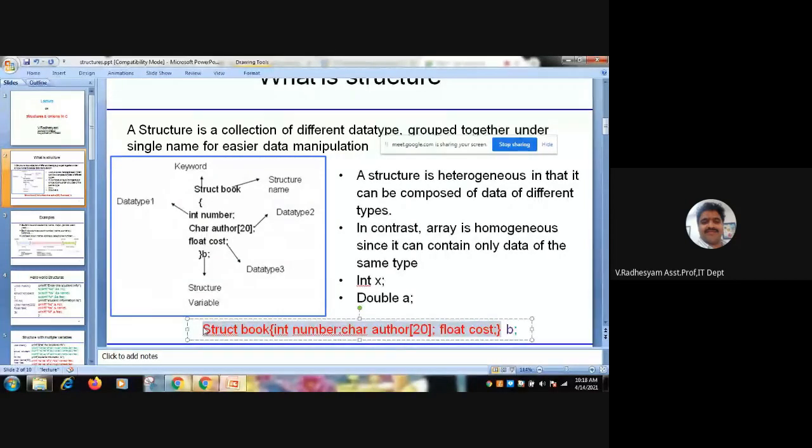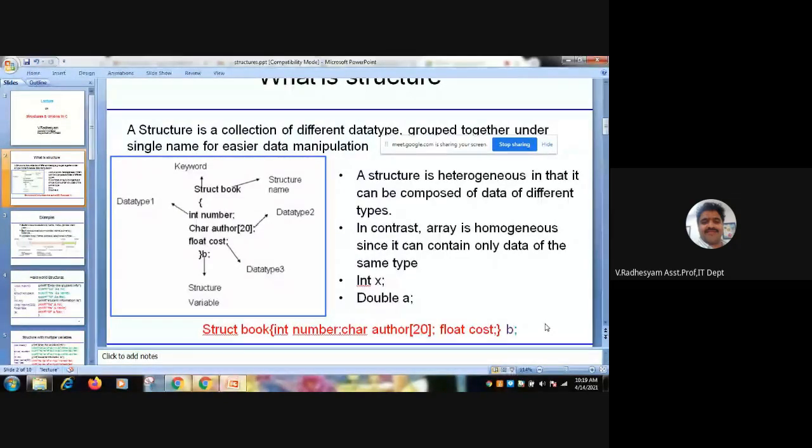Here all these are packed, and here B is nothing but an identifier. Try to understand, B is nothing but an identifier for this complete pack. So here double A, int X, likewise this complete red pack B, right? And B can access elements inside of the packet.